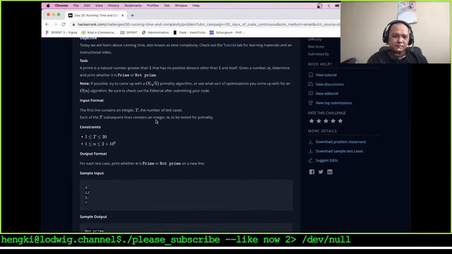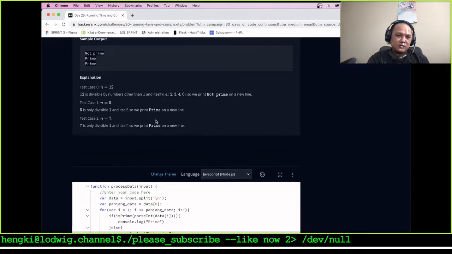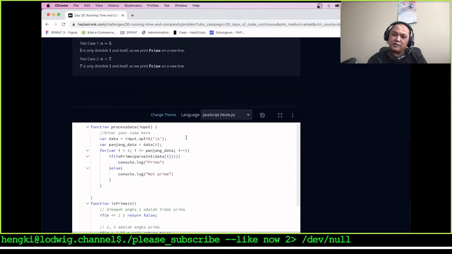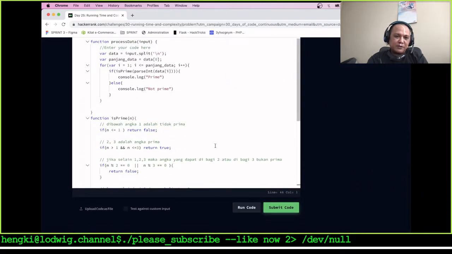Okay, this is checking a positive number, whether it's a prime or not. So I'll write it in Node.js using JavaScript. First, we know a prime number is not a negative number. It starts from 2. 2 is a prime number, so I make